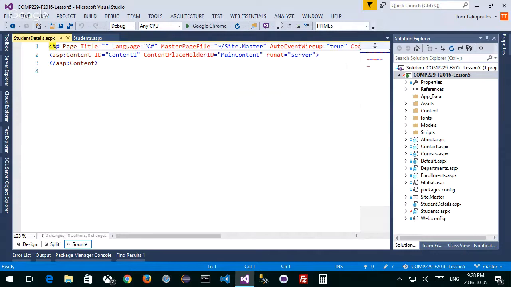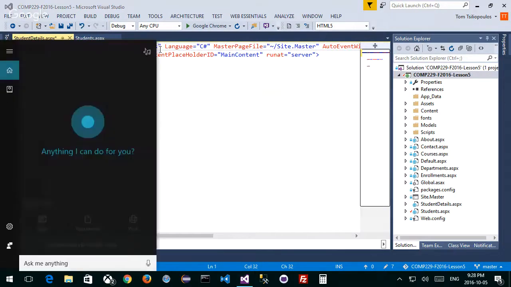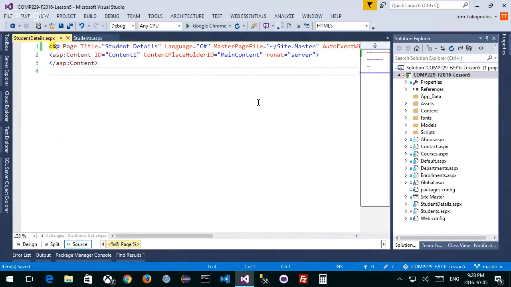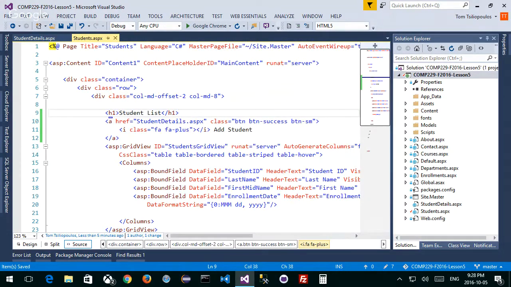Okay. The page in here is a stub. It's not going to do anything right at this particular moment in time. We're going to put a title for it called student details. Right? Oops. There we go. Student details. Okay, cool. Let's go back to that student page. So that's the add. We're going to make sure that that student details adds.